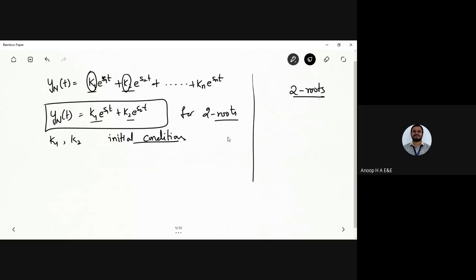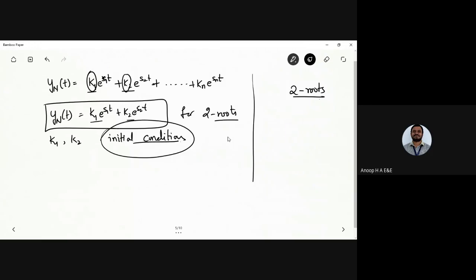You can go for a trial and error method, or you need to subject it to a simulation model, and then find out what the output of the system is. So with the initial conditions given, it becomes easy for us to find out the natural response of the system. If no initial conditions are given, you can take them as 0 and then find it out. Such an approach is needed to find k1 and k2 as the constants, that is nothing but the initial conditions.